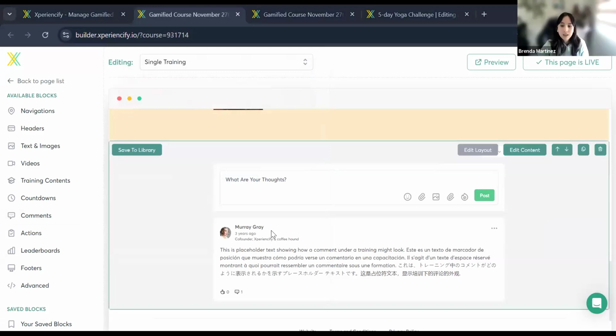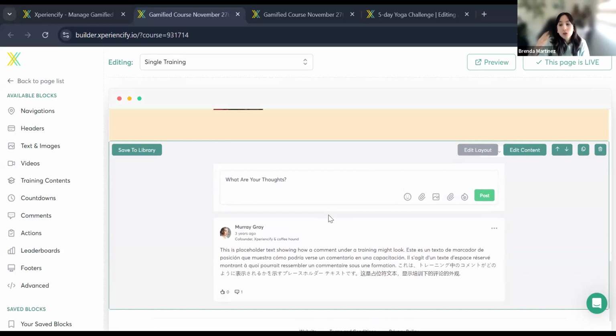And so if they are in the training template, then these comments show up everywhere. Is there a way that this one just shows up in one or two or three places in the course and not in every one of the 25 trainings? Okay, so sorry. There is a way, but it would be with tags.